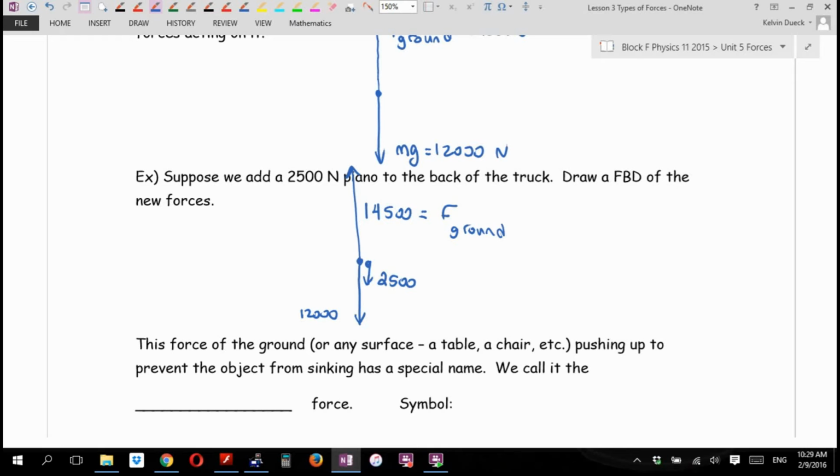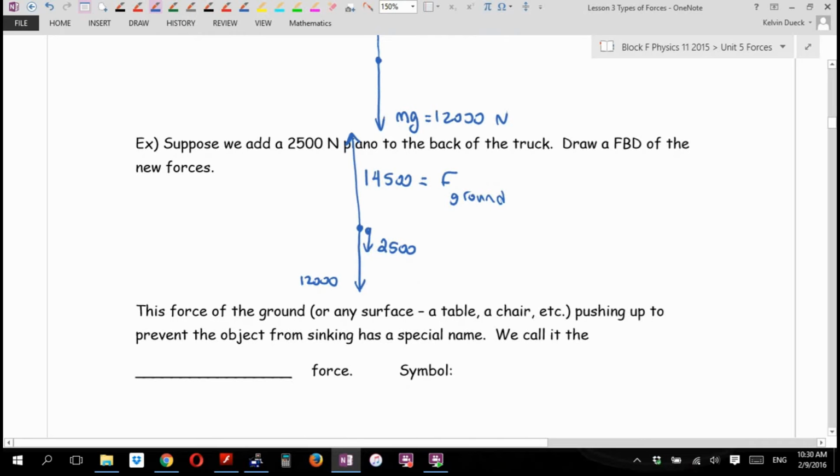So Megan, what I want you to realize is the ground, truthfully, pushes up as hard as it needs to, or as hard as it can, because if this was quicksand, the reason quicksand is what it is, is it can't push up very hard. Right? It's not the quicksand. By the way, people say quicksand sucks you down. No. What force is sucking you down into quicksand? Gravity. The problem is quicksand can't match the force of gravity. Okay, but it's not quicksand sucking you down. It's gravity. This force, Alicia, of the ground, or any surface, like the chair that you're sitting on, like the table that your book is resting on,